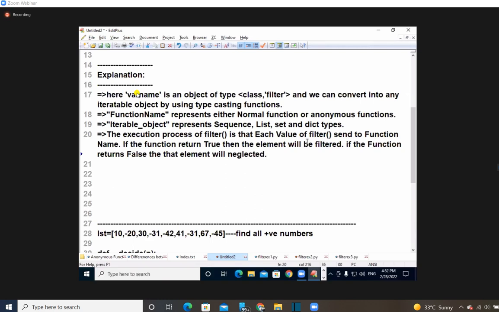Neglected means it never takes it into the filtering process. Understand? And this function can be either a normal function or what? Anonymous function. The execution process of the filter function is that the filter function sends the function,